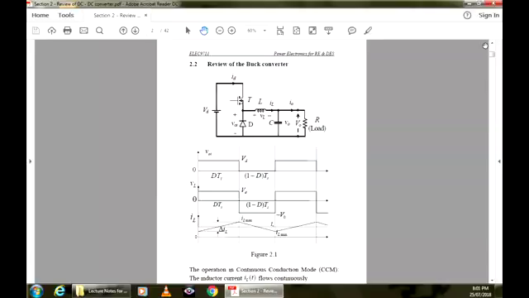Later on, a couple of weeks or 1.5 weeks into the future, we will include the RDS, the inductor resistor, the capacitor resistor, and the voltage drop across the diode. We will include all of those to see how efficient the circuit is, how to evaluate the efficiency of a circuit like this, and how to find the effect of all those additional parameters on the operation of the converter. And then finally we will also obtain its Laplace transfer function, in terms of poles and zeros, which will include parameters here and parameters there and so on. So start with those simple assumptions